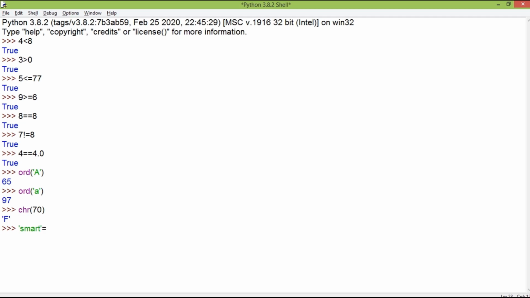So if I write the word smart with all the letters in lowercase, and I write the word smart with only the first letter written in uppercase, then these two strings will not be treated equal, because the ASCII code of lowercase s is different from the ASCII code of uppercase S. If we write a string like this, smart, and I want to know whether it is smaller or greater than a string like smarter, you can see smart is not greater than smarter, because the string on the right hand side, that is smarter, has more characters, so obviously it becomes the greater string.